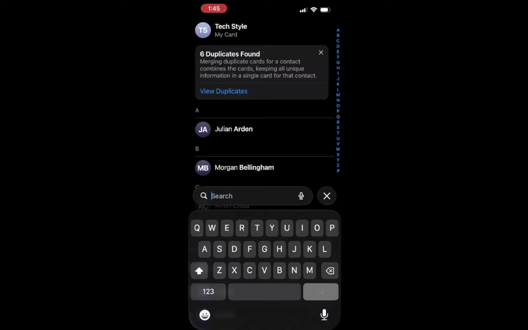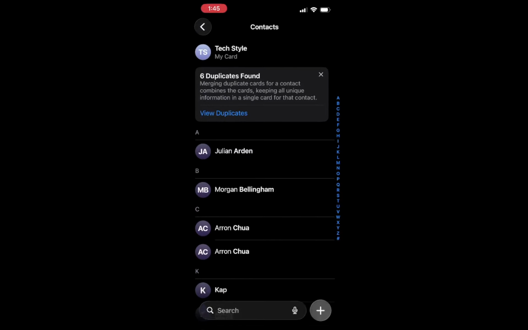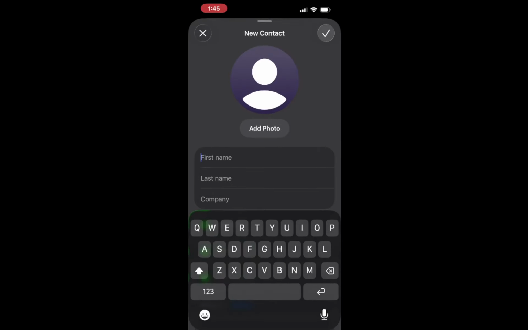Next, open the contact you want to add a birthday for, or create a new contact if they don't exist yet. If you are creating a new contact, you will see fields for entering various details like their name, phone number, and email. For now, focus on the person whose birthday you want to remember. This action is important because it sets the foundation for adding the birthday information accurately.